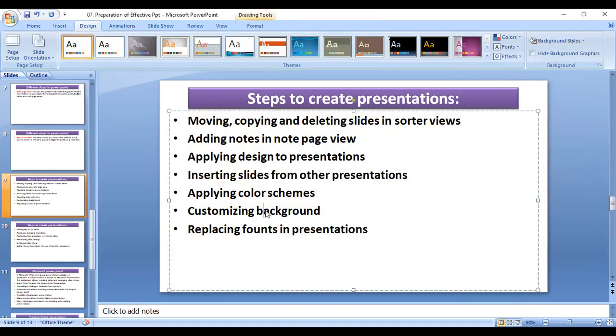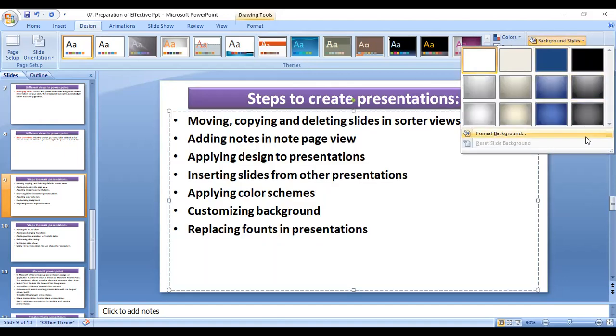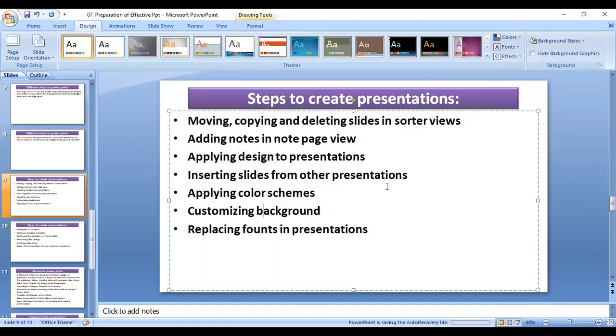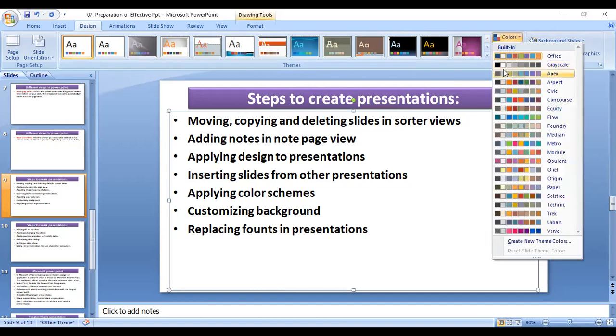Then customize the background. Likewise, I have told you this one is the background. You can customize it, and for color scheme, I think this one is there. If you select this one, you can change the color. See, you can change the color like this one.